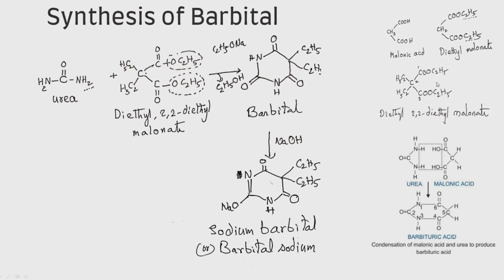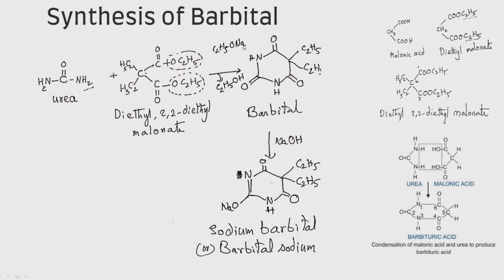2,2-diethyl malonic acid. So that is diethyl for these two ethyls, and 2,2-diethyl for these two diethyl groups, and basic malonic acid, malonic ester. Finally, it forms a 2,2-diethyl malonate. So the urea molecule is condensed with the diethyl 2,2-diethyl malonate. It forms barbital. So this condensation is carried out in the presence of